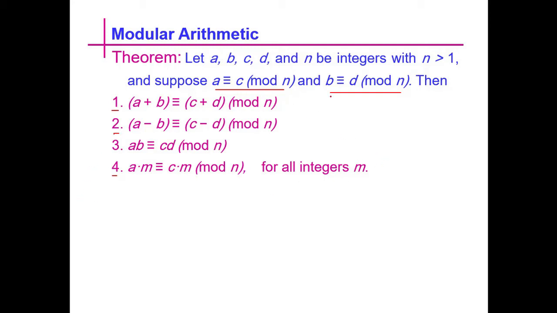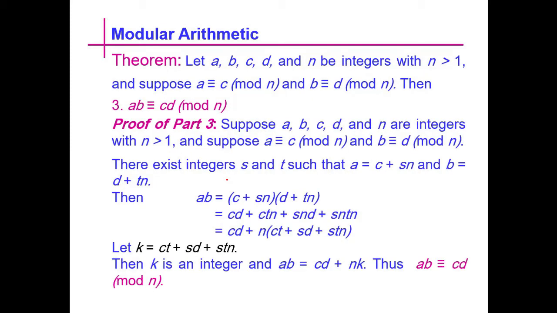So given these congruence relations, we see that we are just adding them in the first and taking the mod with n, and just like we are subtracting in the second, and at the third place we are multiplying both the congruence relations and taking mod with n, and in the last we are multiplying with some integer on both sides and taking the mod with n.